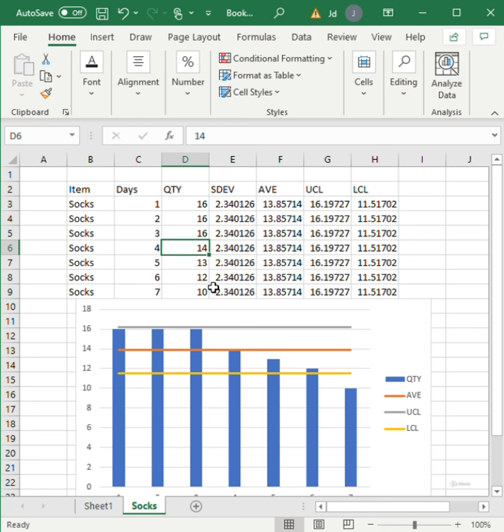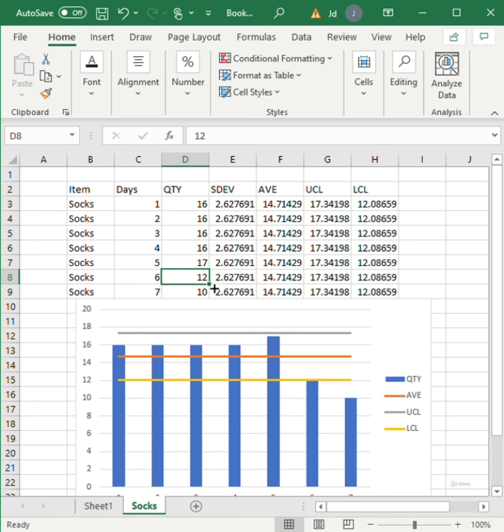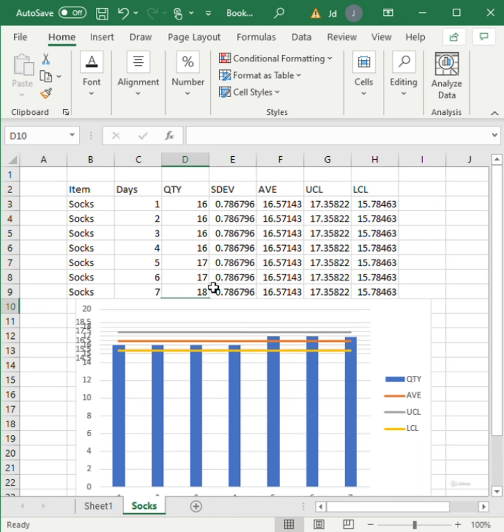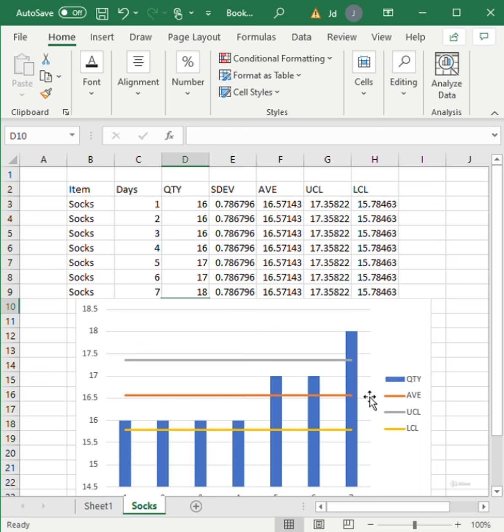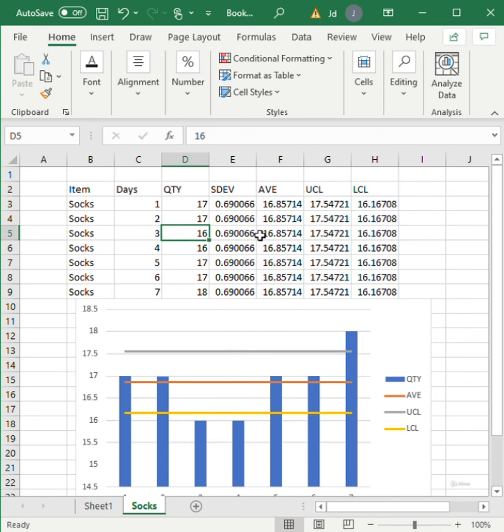The next one would be a 16 as well. The next one would be a 17. The one after that would be a 17. And the one after that looks like it's an 18. Okay, now we notice it's fallen out of space, but our UCL is suggesting 17, so we shall go back to 17. For next week we're saying we can still pack in 17.